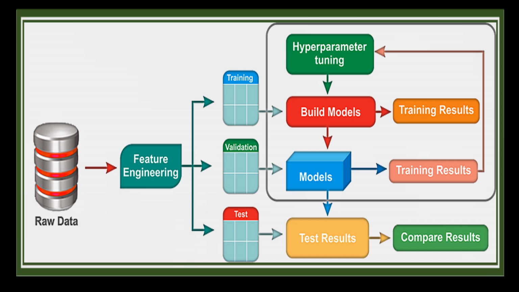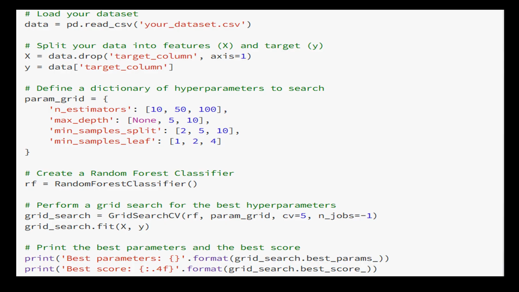specific problem. In hyperparameter tuning, you define a range of values for the hyperparameters, create a model, and use a search algorithm to find the best combination of hyperparameters that results in the best performance on your data set. And the goal is to find the hyperparameters that result in the most accurate and reliable model for your specific use case. The simplest way to perform hyperparameter tuning in Python is to use the GridSearchCV class from